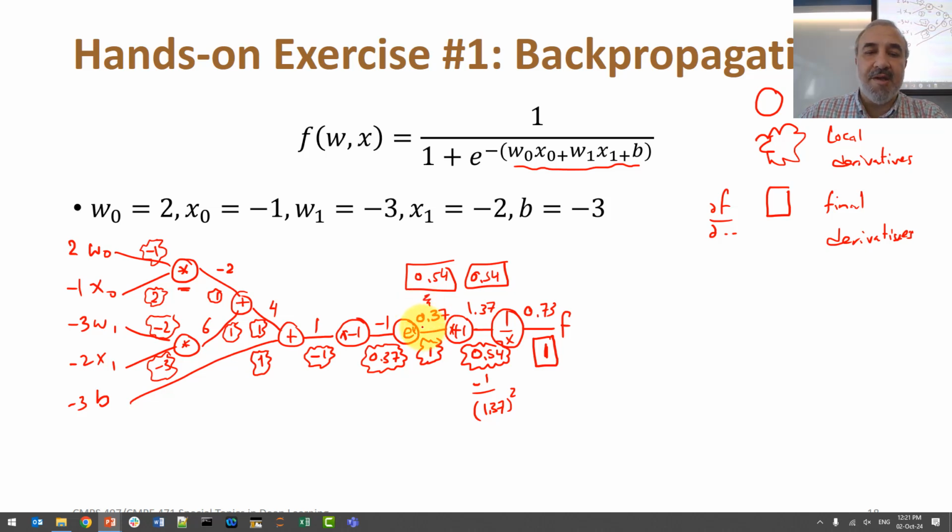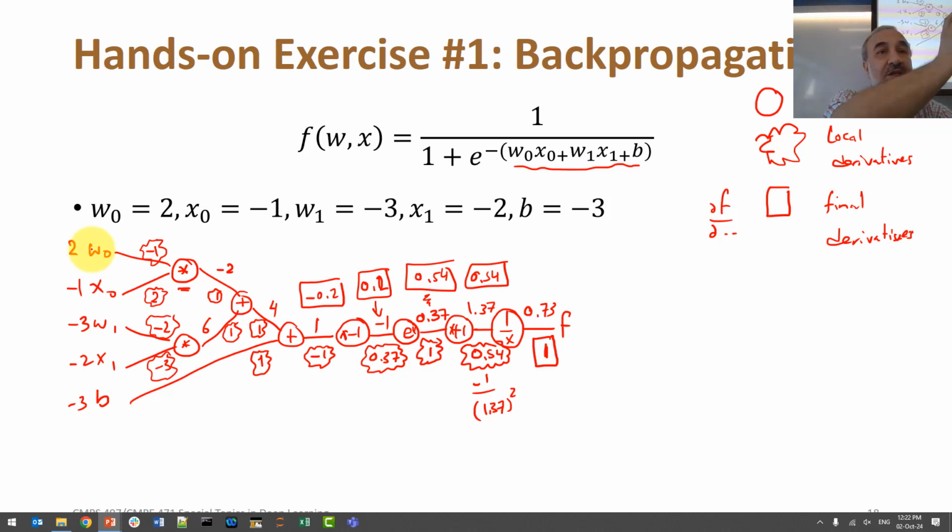Okay? How about one step back? What's the derivative here? 0.54 times 0.37, which is, I don't know, 0.1, so 0.2. Okay. Then derivative here, 0.2 times -1, minus 0.2, and so on. I think you can do it, right? Okay, until we reach,